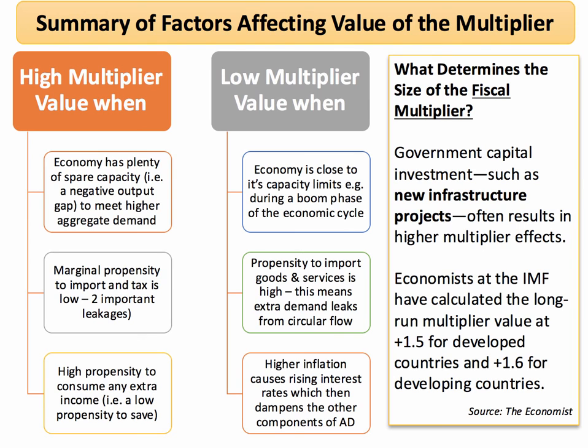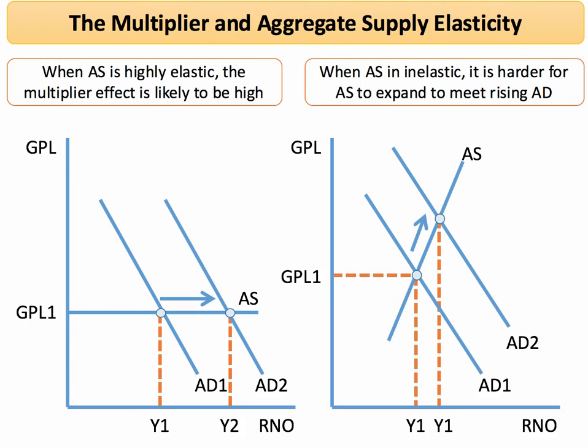If you want to put a number into your exams, contextual evidence, Blanchard et al. at the IMF calculated the long-run multiplier value for government infrastructure projects to be between 1.5 for advanced countries and 1.6 for developing countries. So not zero, it's positive, but obviously it's not a huge number. Here's a chart showing the link between the multiplier and the elasticity of supply. The multiplier effect tends to be bigger when aggregate supply in the economy is fairly elastic, compared to when it's